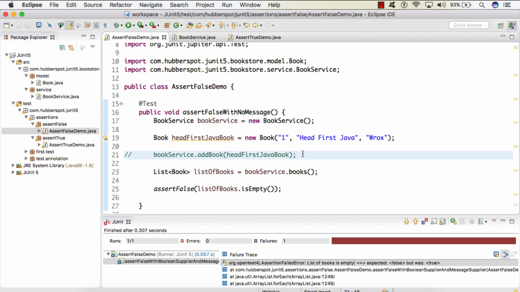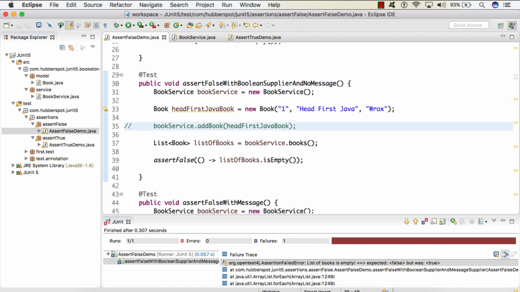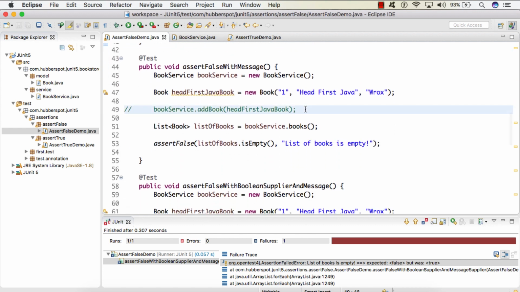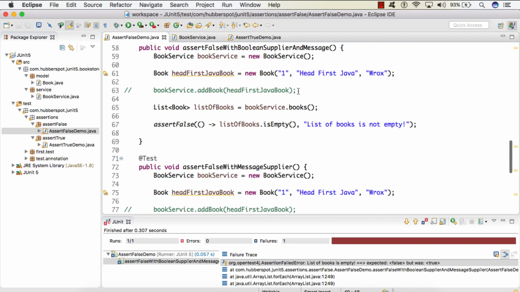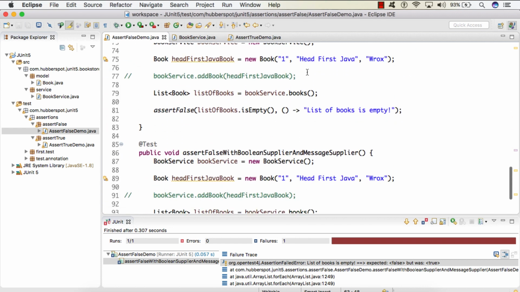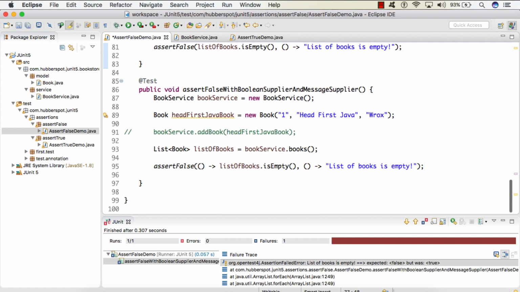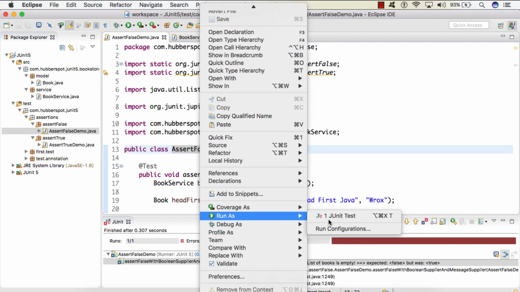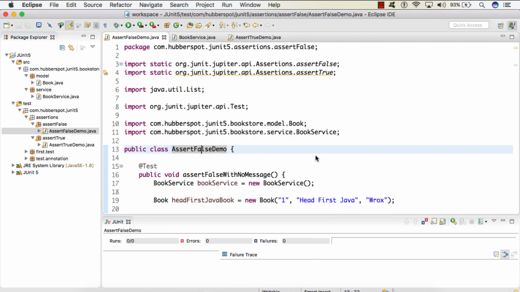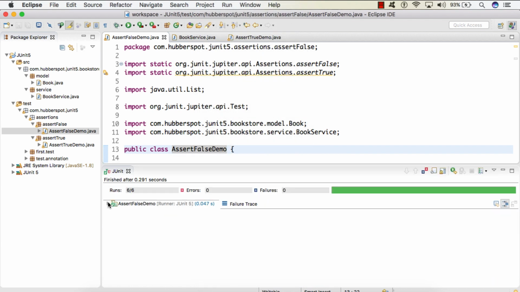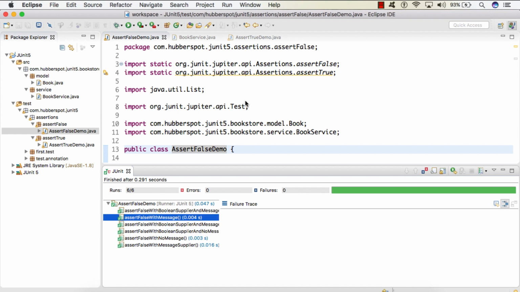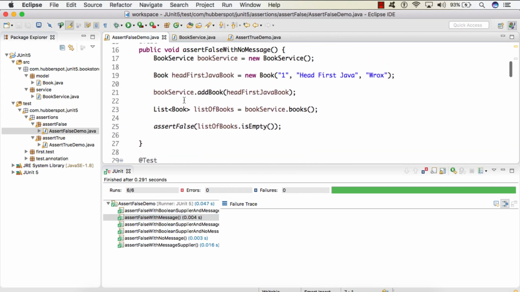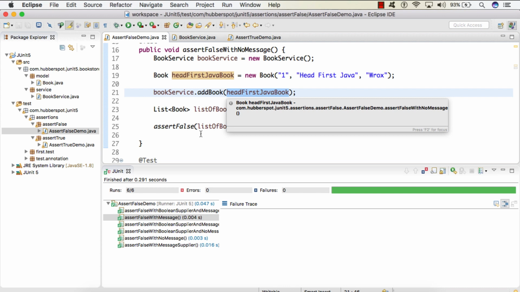If I simply add a book to a list of books in all the test methods, and if I run all the test cases, you can see all the test cases got passed because we have added a book to our list of books.